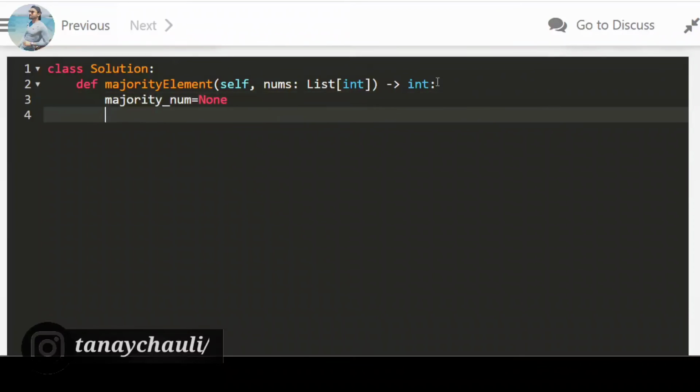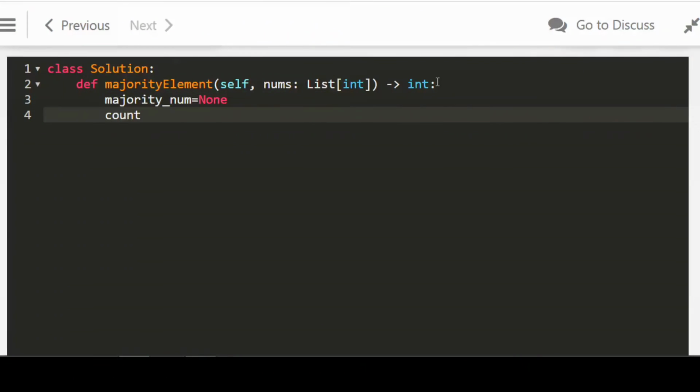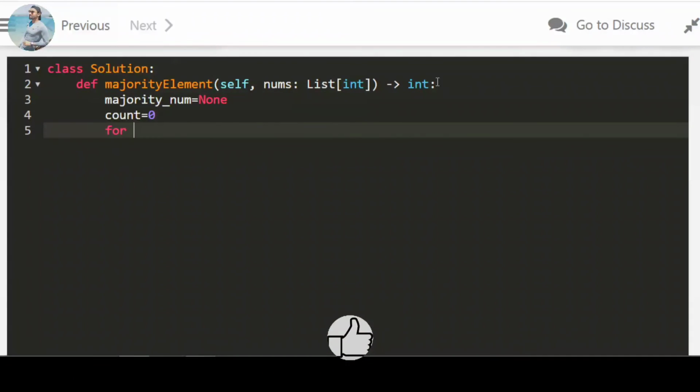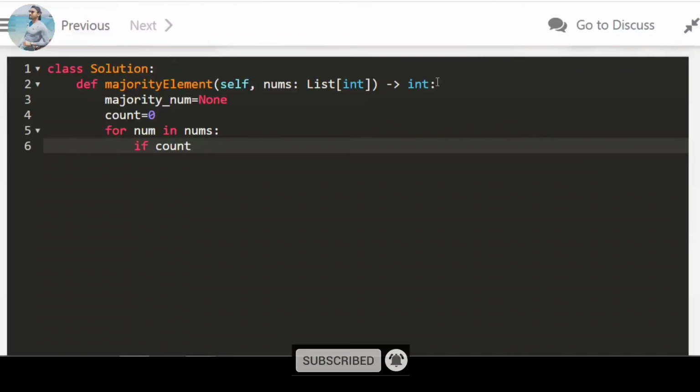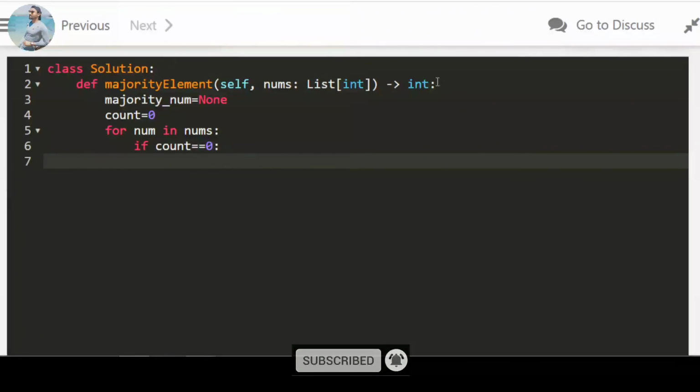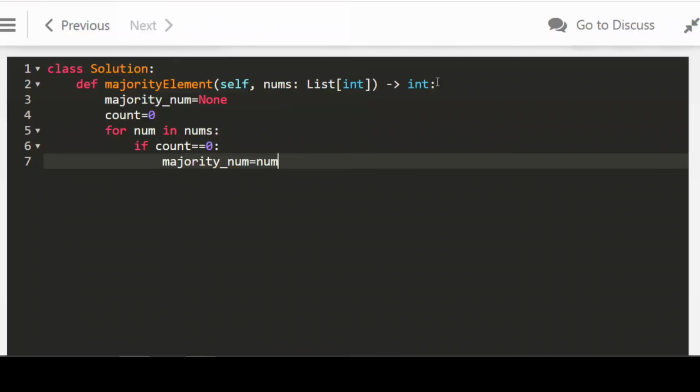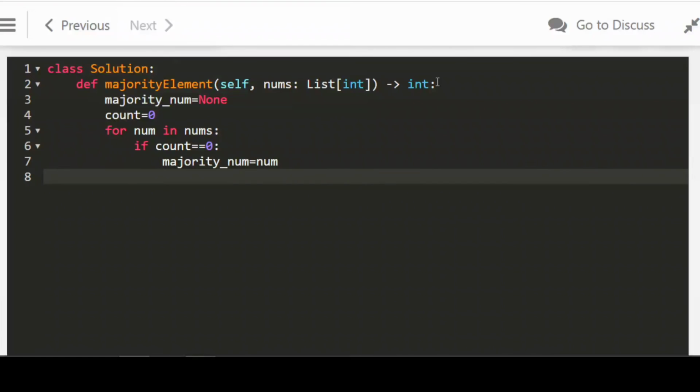First we take majority num, that is None, and count, that is 0, and we loop through nums. If count equals 0, then we assign the num to majority num.